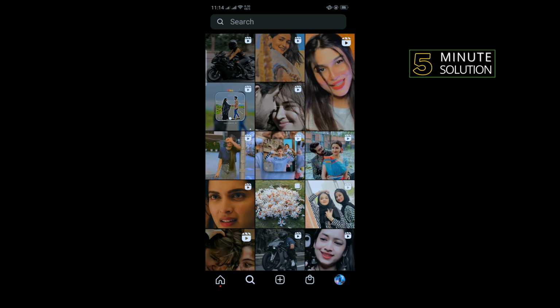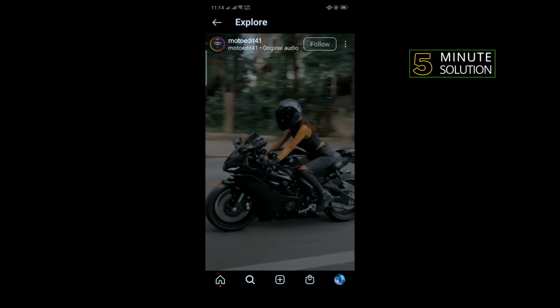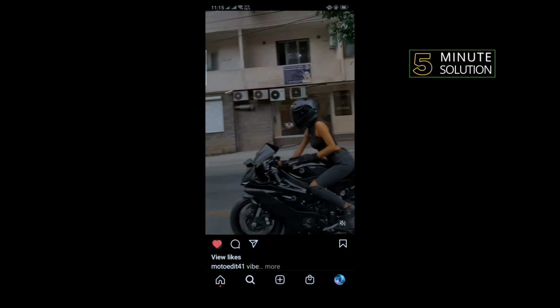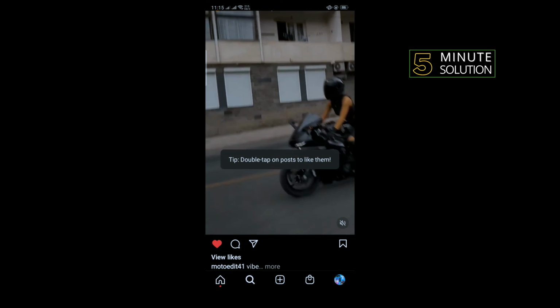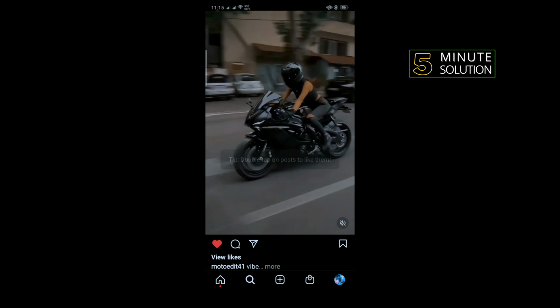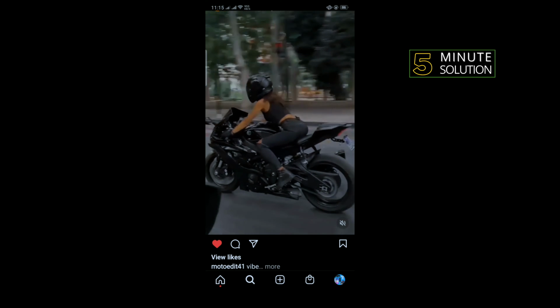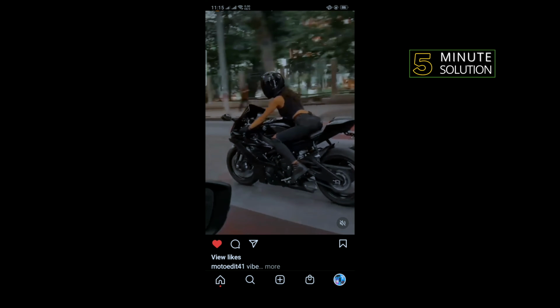So first of all, launch your Instagram app and open Reels, and open the reel that you want to share to your story and tap on save. So save the reel and now tap on your profile icon at the bottom right corner